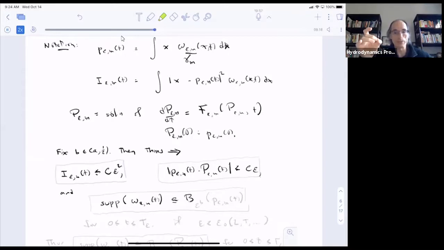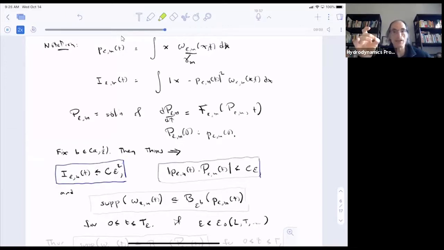Okay, and so here's what the theorems say. They say the second moment around the center of vorticity remains of order epsilon squared. They give us a bound on the distance between the center of vorticity of the mth blob and the trajectory given by the background flow in the mth blob with this parameter set epsilon. And finally, they tell us that the mth blob is contained in a ball of radius epsilon to the b around